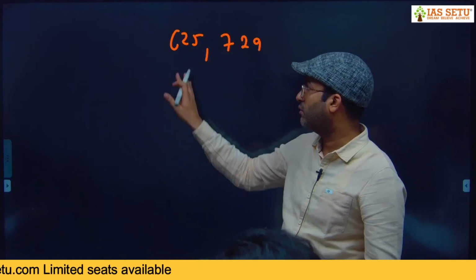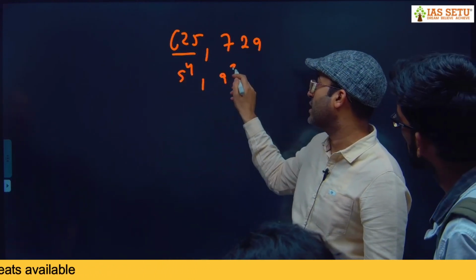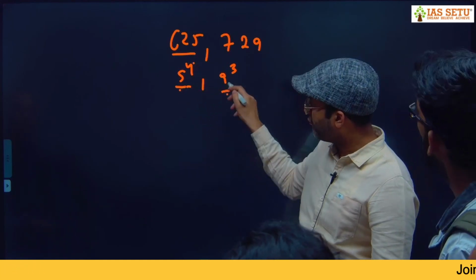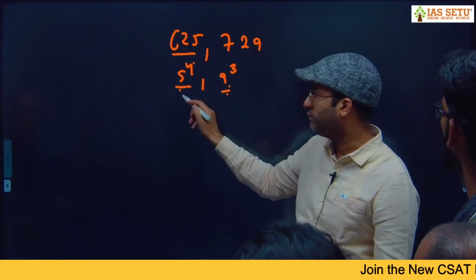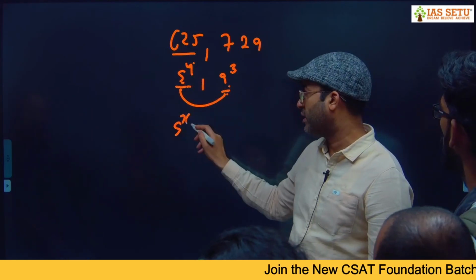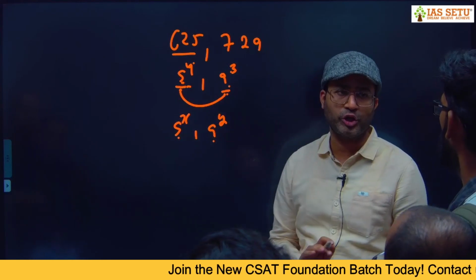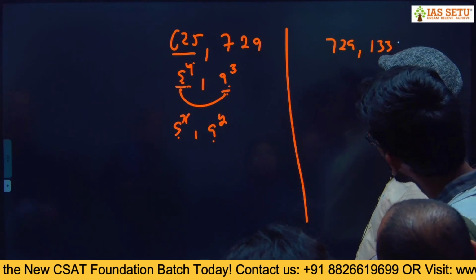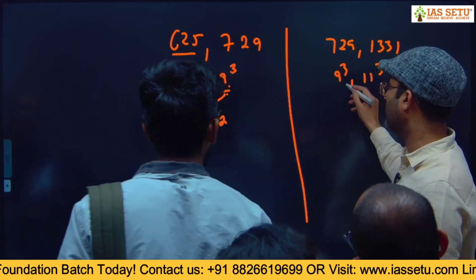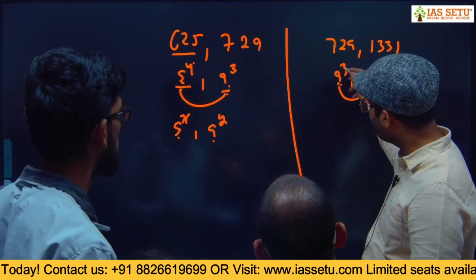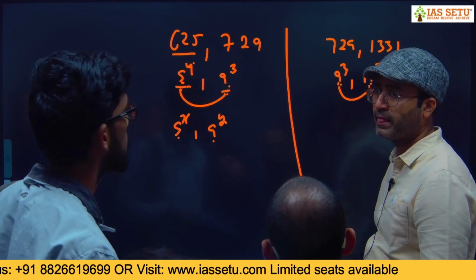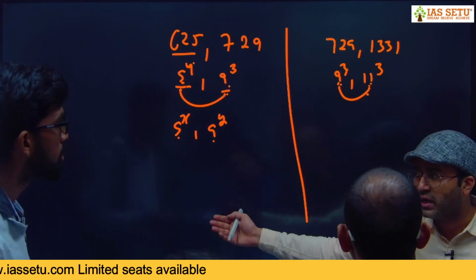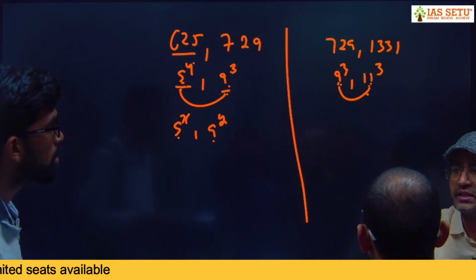I will cover in one of the class. It is 5 is to power 4, it is 9 is to power 3. Basic value is 5 and 9. 5 and 9 are co-prime, so 5 is to power 4 and 9 cube has to be co-prime. जब 5 और 9 co-prime होते हैं तो 5 की पावर x 9 की पावर y भी आपस में co-prime होते ही होते हैं, नो नीड टू चेक। सिमिलरली जैसे 729 एंड 1331 है, ये 9 क्यूब है और ये 11 क्यूब है। जब 9 और 11 को-प्राइम होंगे तो 9 क्यूब 11 क्यूब भी को-प्राइम होते ही। मैं बता भी दूंगा ये कंसेप्ट कल या नेक्स्ट क्लास में कि को-प्राइम नंबर फास्ट कैसे चेक करते हैं इस तरह के नंबर में।